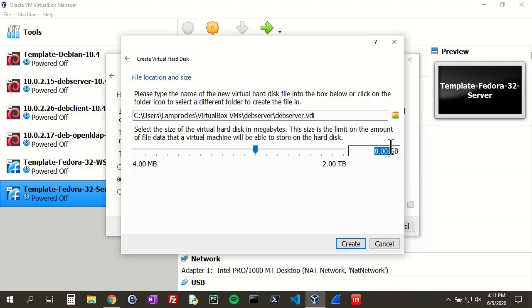And you can see here it's 8 gig. You should have that 8 gig available. You could always lower it if you need to, but 8 gig is a good amount and it should be enough for this virtual machine for our purposes. And you can see it's creating a folder inside of VirtualBox VMs called debserver, and it's creating that virtual machine file,